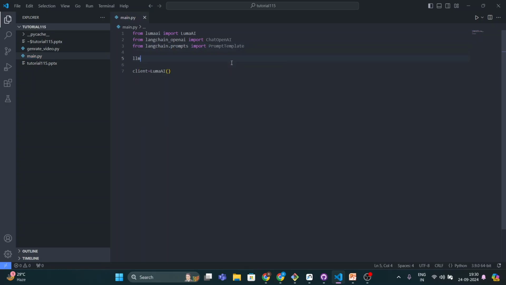Let's create an LLM equals ChatOpenAI, and there I'll write model equals GPT-4o. And there I'll write template equals